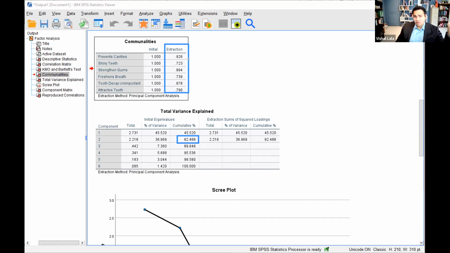The next one, we're losing, again, 1 minus 0.723, which would be 27.7% information. So some variables like shiny teeth are losing more information than, let's say, prevents cavities as a variable. Now, we just want to make sure that we acknowledge that there will be differential information loss across these variables for dimension reduction, but so long as the information loss is not more than a certain threshold amount,